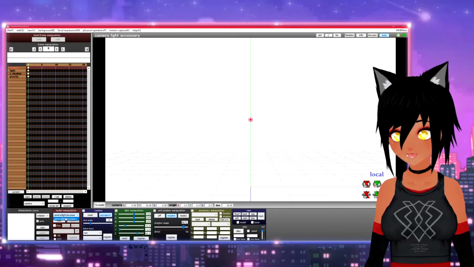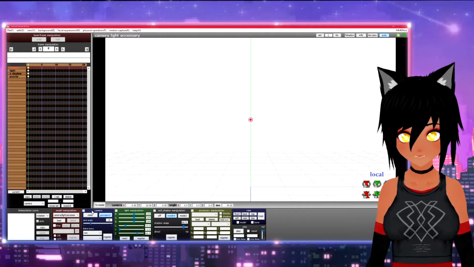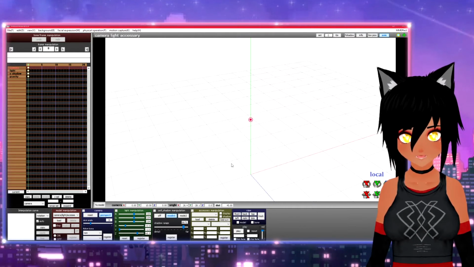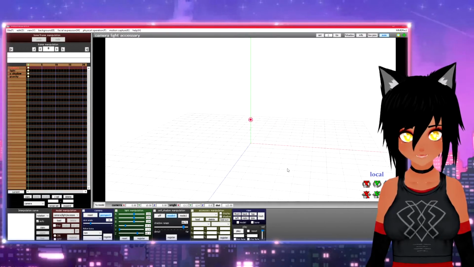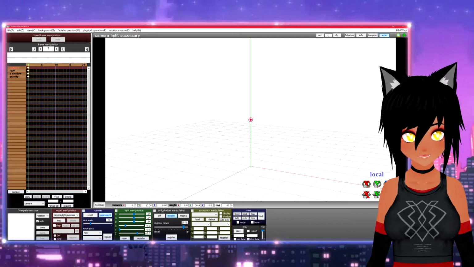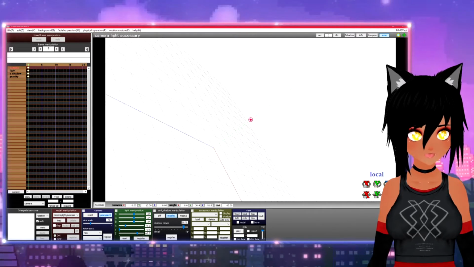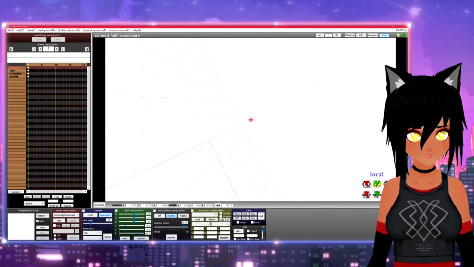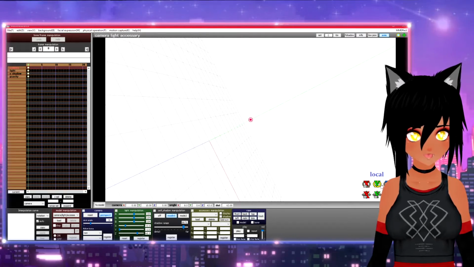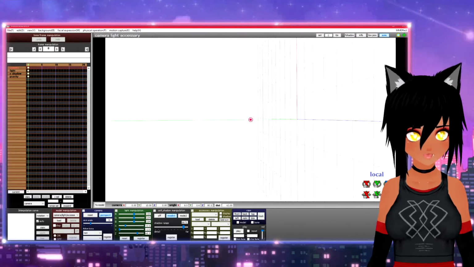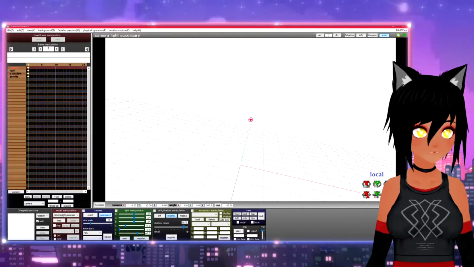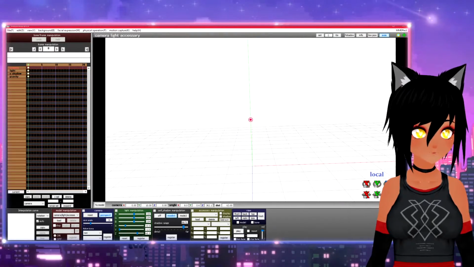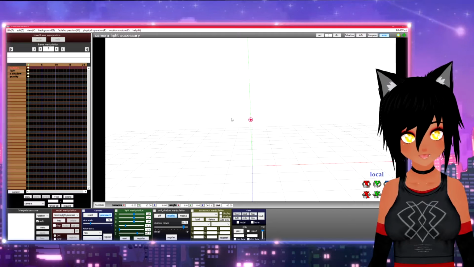But for right now, for the camera, this is the camera movement where you can actually rotate, zoom in, zoom out. You can go down here and click and drag these to do some crazy wonky things. Whoa, crazy. But yeah, that's how you do that to the camera.